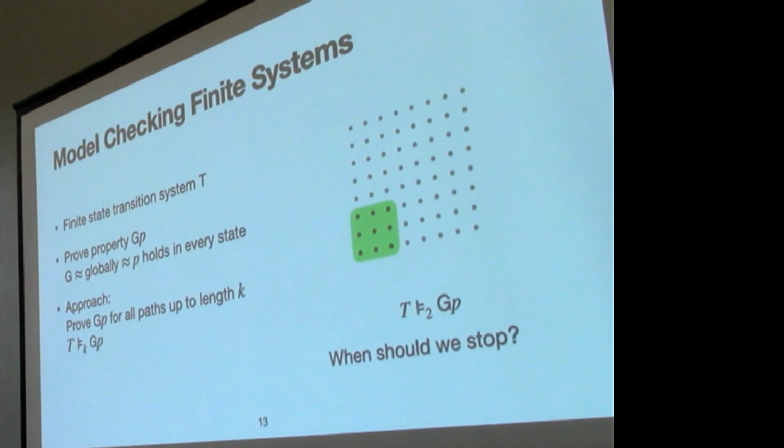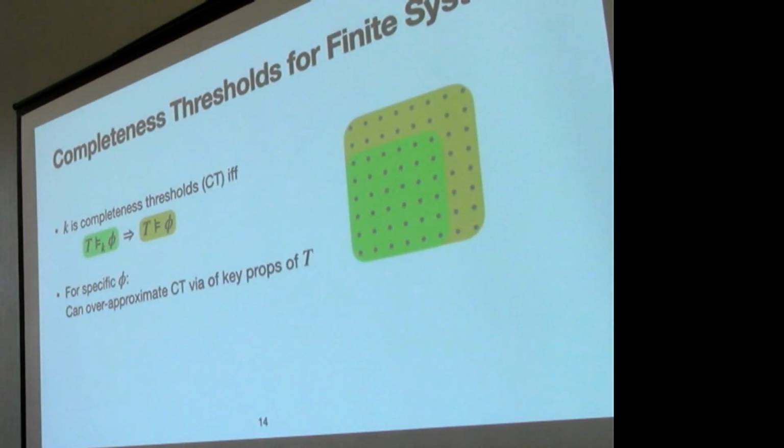And that means that larger K in general give you stronger guarantees because you basically looked at a bigger part of the transition system. But you always have to decide for yourself when you should stop. So basically you have to decide for yourself how big the prefix needs to be to convince yourself that the guarantee that you just checked doesn't just hold for the prefix but for the entire transition system, and that's very difficult in practice, so therefore people in the model checking community came up with this